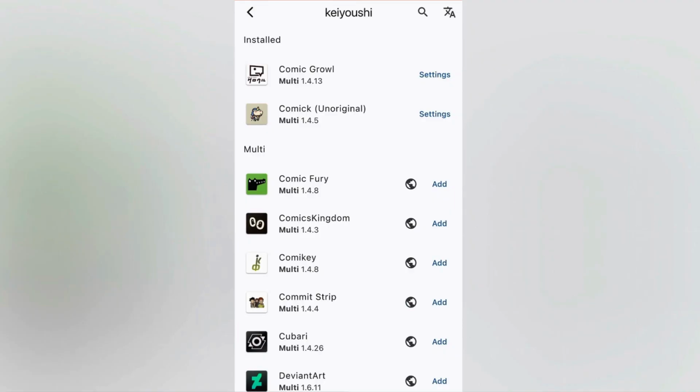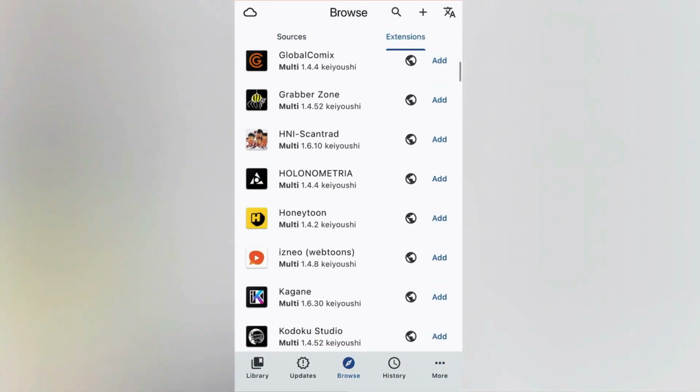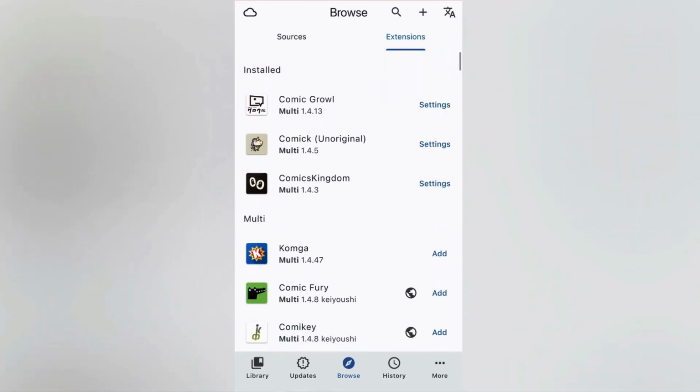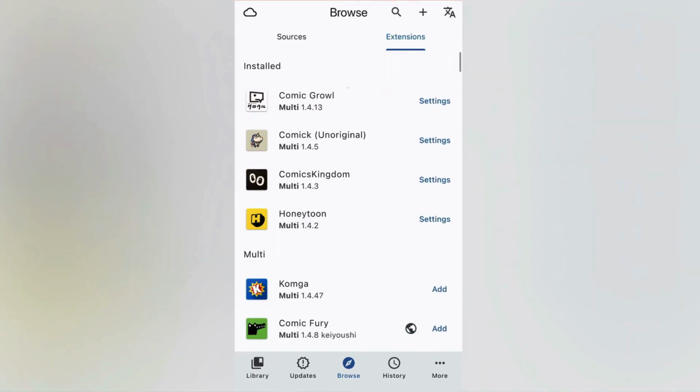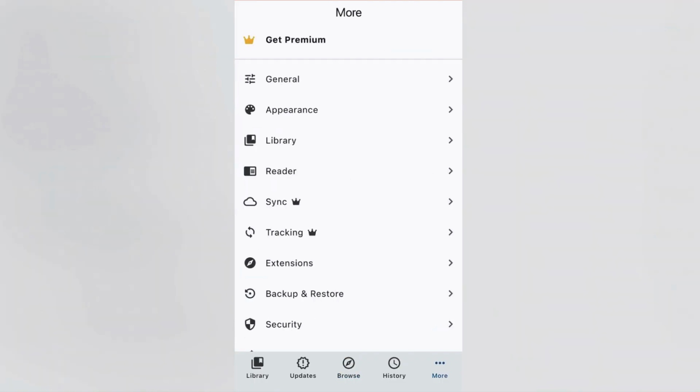Once you add the extensions, you're gonna go back. Now go to browse and these are the sources. These are the extensions. You can also add from here. All the added extensions will come to the top and also on the sources tab here. And now you can explore here. Once you do this, we can go to the More tab and there's a lot of things that you can change